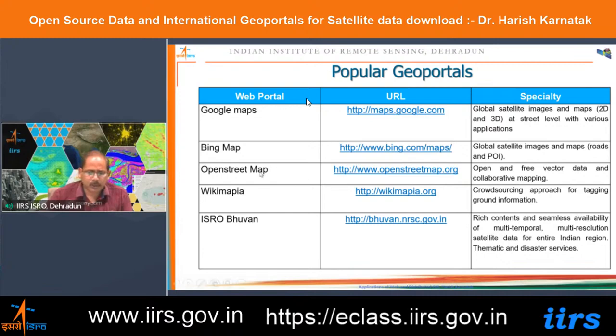Another important source or data repository or portal is called OpenStreetMap. This is a very interesting portal developed by a gentleman from the United Kingdom, whose name is Steve Coast. Sometime in 2004 he started this project, and today it is a non-profit organization, and they are basically trying to build open and free vector data for the entire globe in the collaborative mapping mode. In collaboration, basically by involving the citizens themselves, they are creating the data and they are making it available through this